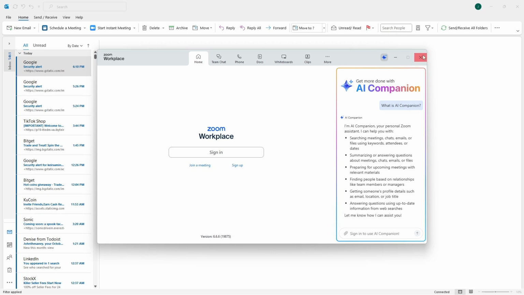And there you go. You should be able to have a new feature on your Outlook that you can start an instant meeting right away with the Zoom